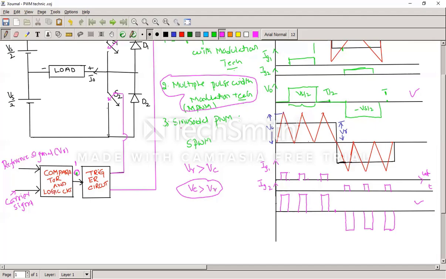Now we are going to see the sinusoidal pulse width modulation technique. That is the third one. In the sinusoidal pulse width modulation, here we have seen the 3 pulses. The width of the pulse is a function of a sine in a positive cycle as well as a negative cycle. So what is the meaning of the function of sine? If we observe the sine wave, the magnitude of the sine wave, see this is the sine wave.